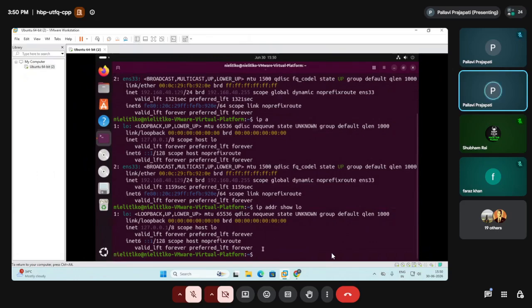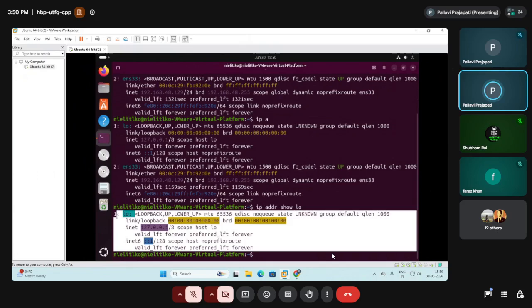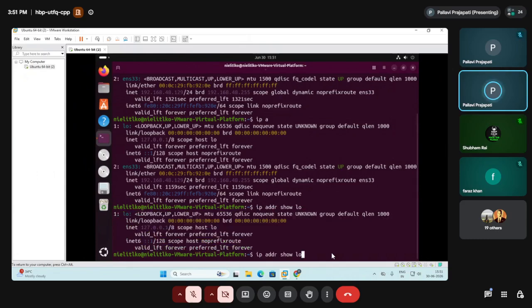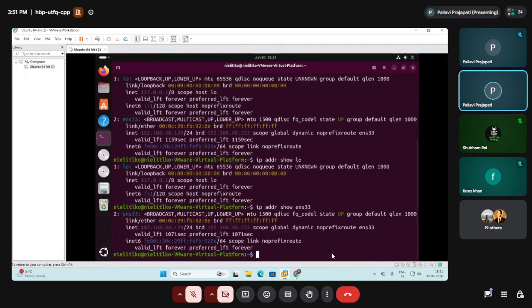So see, I have typed loopback, so it is displaying only the description about the loopback interface. If I want to see the details about ens33, this is basically the name of the interface, so it will display only the information of that interface. Whatever name of interface you write, it will display the information about that only.